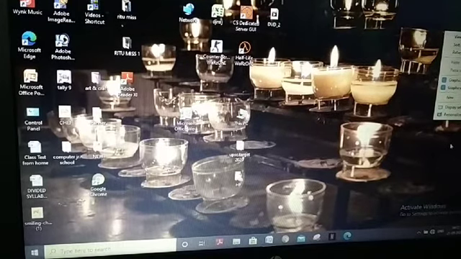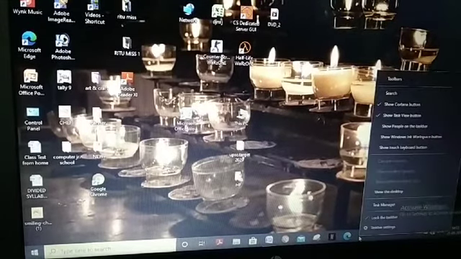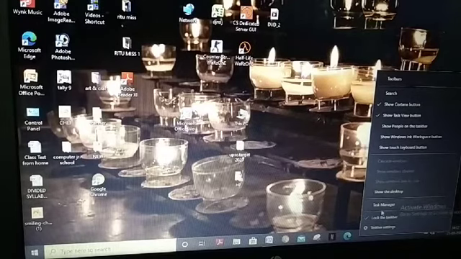Understood? And then this is the taskbar. When you right click here, this is the shortcut menu of the taskbar. Show the desktop, task manager, lock the taskbar if you want to lock it.